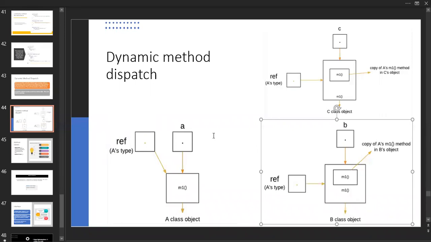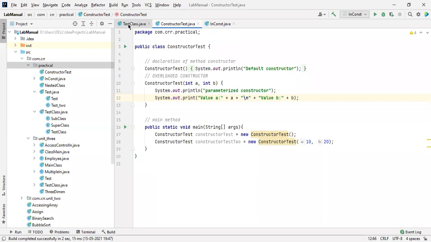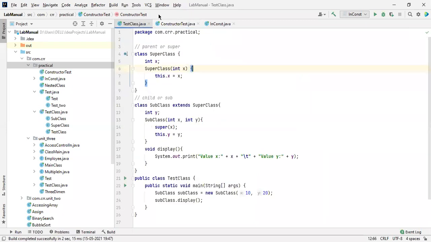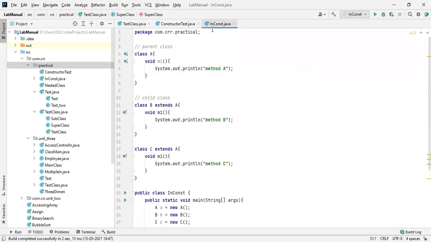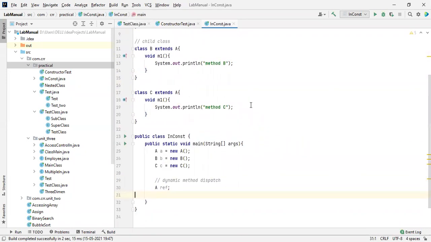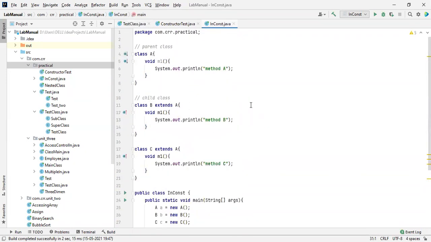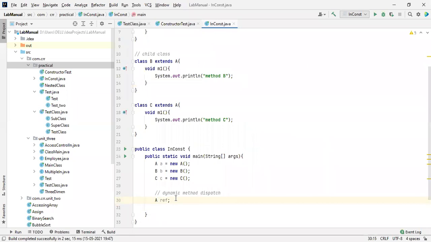So let me share the screen. In the last class, we created a reference for the object, first of all.